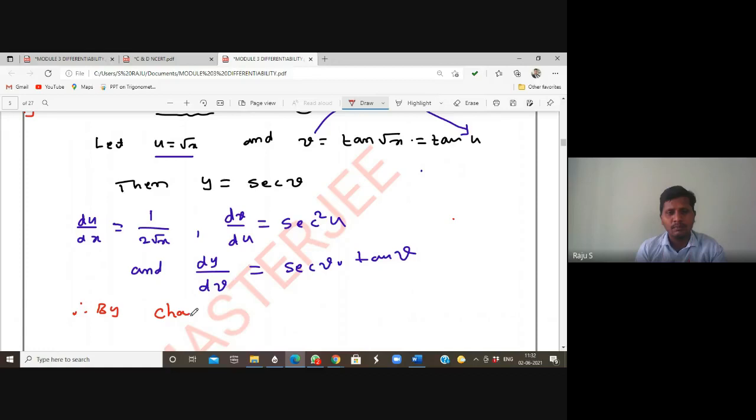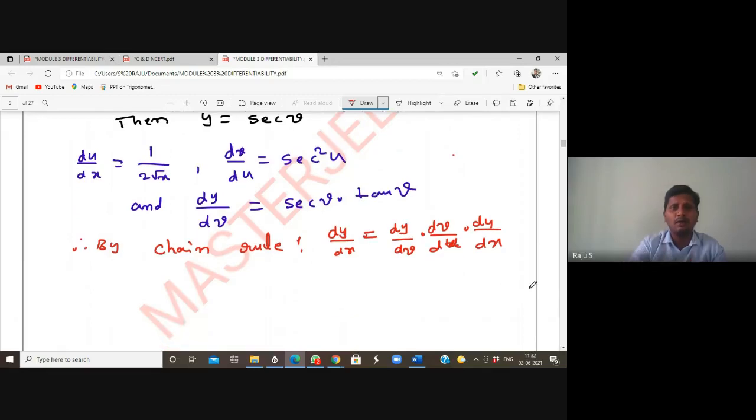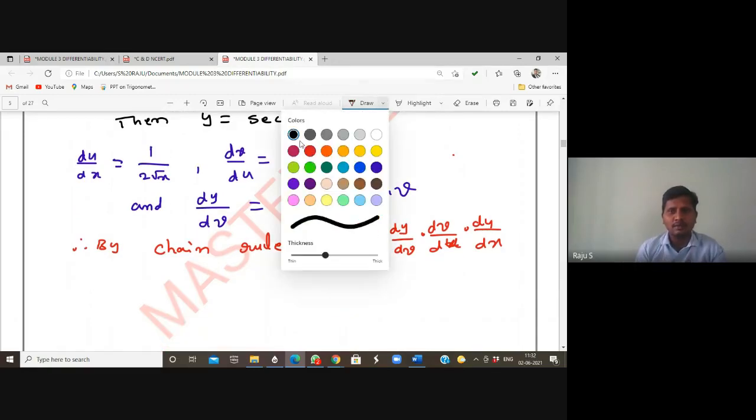Chain rule: dy by dx is equal to dy by dv, where v is a function of u, and finally u is a function of x. Substitute all values. Here we got all the values. So finally dy by dx is equal to